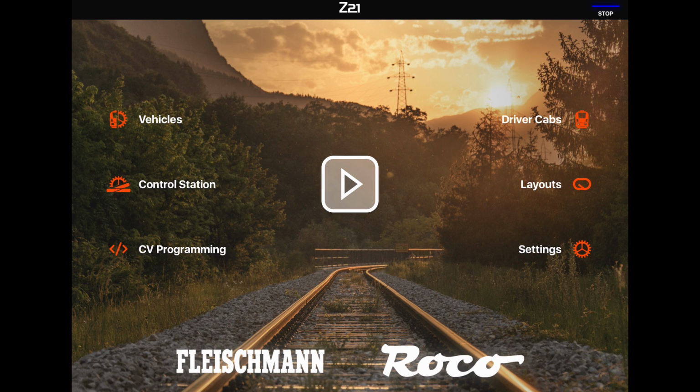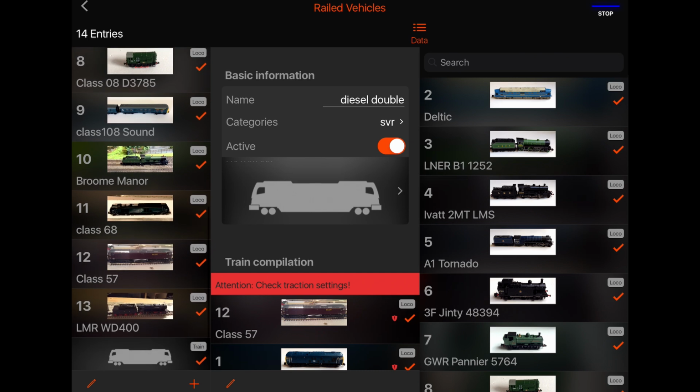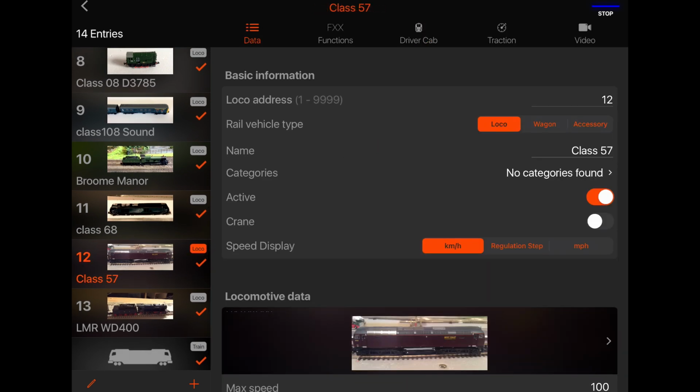However, that's not the end of the story, because different locos run at different speeds, even for the same controller position. So what you need to do is go back into vehicles, and we'll pick one of our locos,